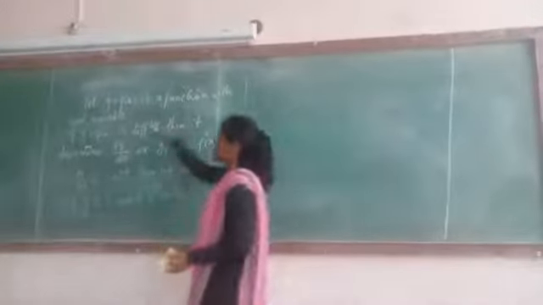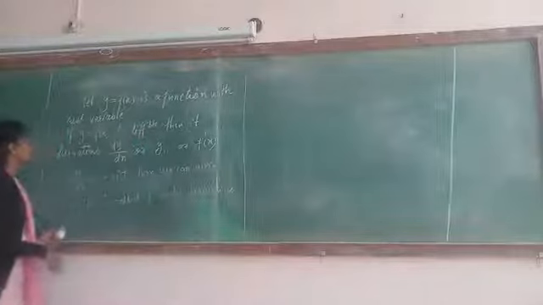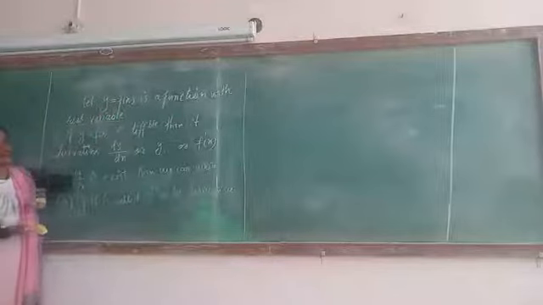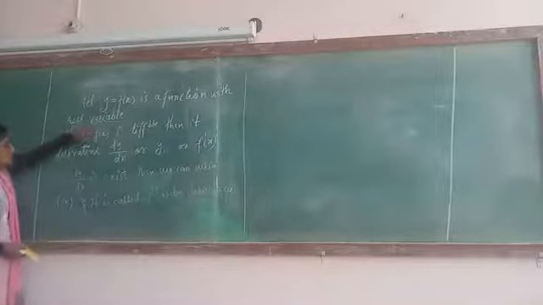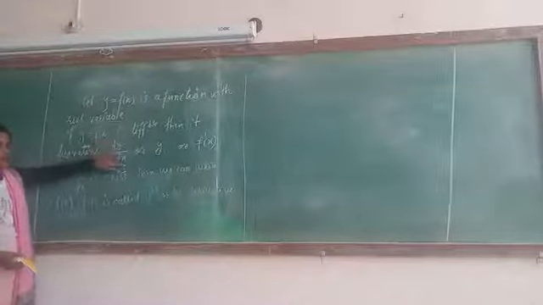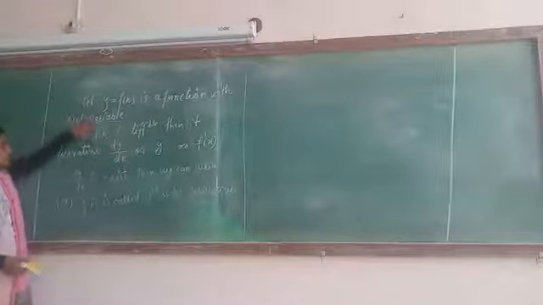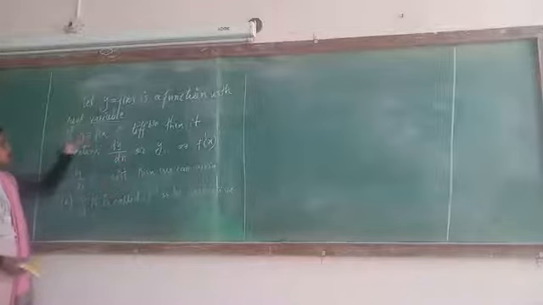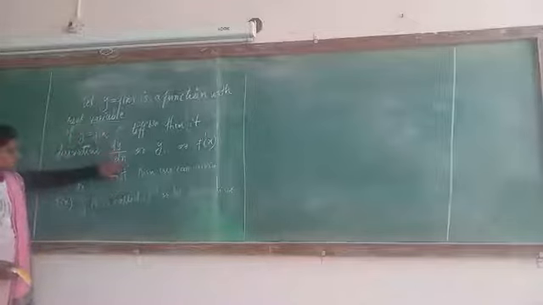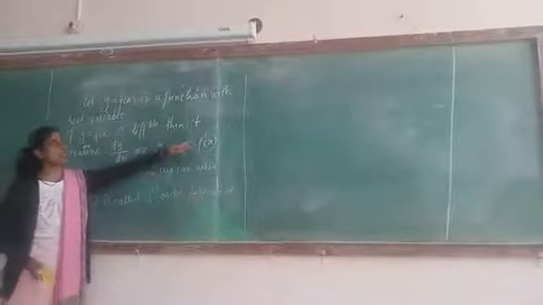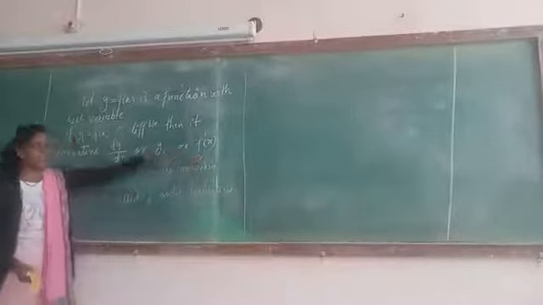Okay. Now see, let y is equal to f of x be a function of a real variable. This is one function. Now how to find the derivative of this function y is equal to f of x? See, if y is equal to f of x is differentiable, then we can write the derivative of y is equal to f of x as dy by dx. I am telling you generally, okay? So how to find the successive derivative? So y is equal to f of x, derivative is dy by dx, or we can write the first derivative as y1, or we can write f dash of x.